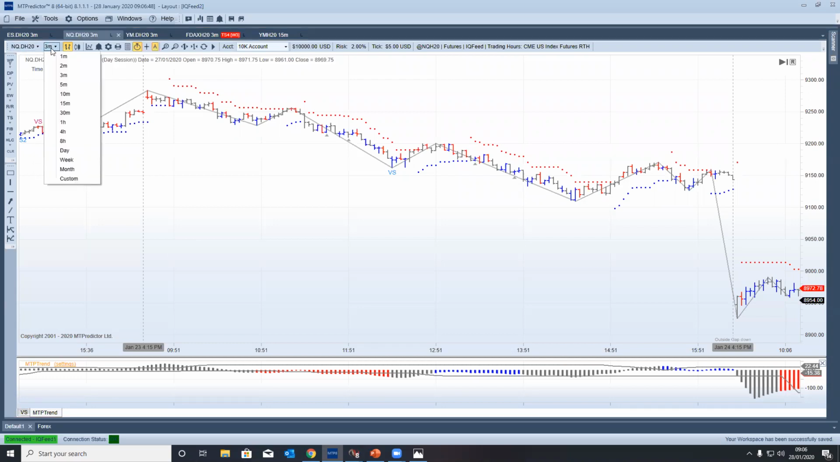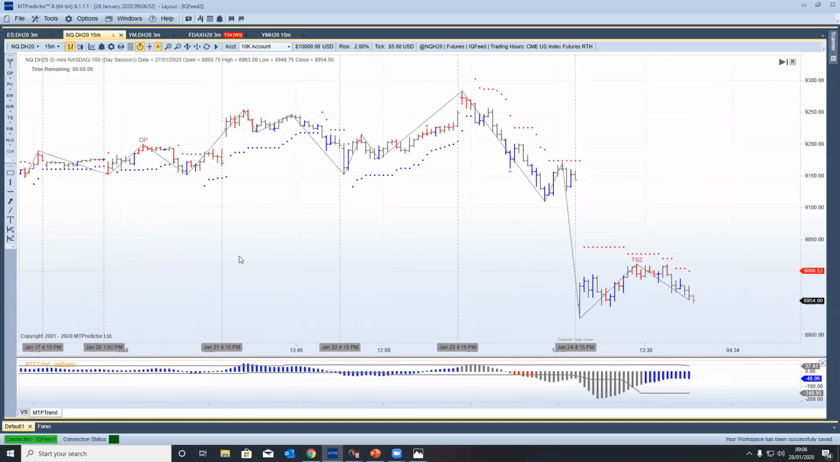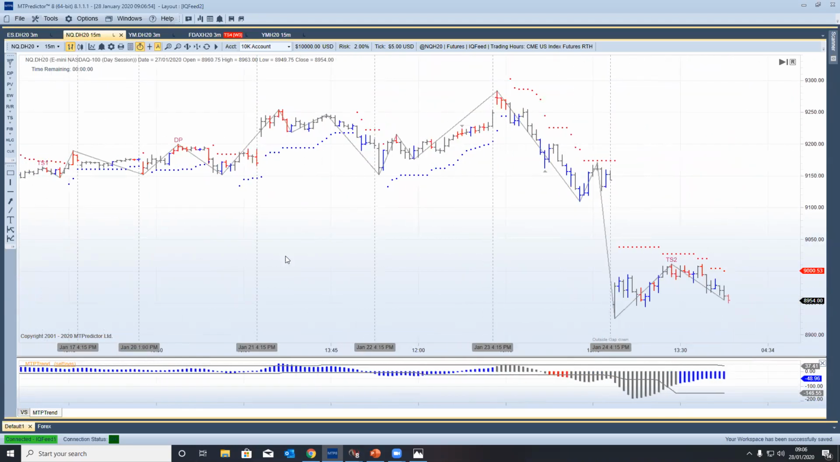If you're on a 3-minute chart, you go out to the 15-minute. If you're on an hourly chart, say that's 4x, you'd go out to the 4-hourly. If you're on a daily, you'd go out to the weekly. So it's exactly the same technique as we use week in, week out with our MTPredictor setups. So on the NQ, I just want to go